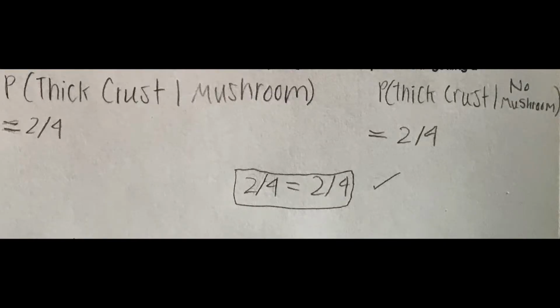Just as we did for the last question, we have to look for the probability of thick crust pizzas given that they have mushrooms, and the probability of thick crust pizzas given that they have no mushrooms. Using our Venn diagram, we're able to figure out that both probabilities are 2 out of 4, meaning that the probabilities are equal to each other, meaning that these events are independent from each other, meaning they don't affect each